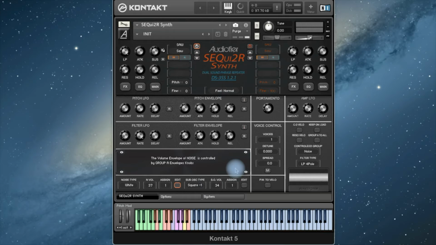But I'm just going to repeat that if you wanted to edit all of them at once, then you just press this one. And all the parameters that you touch from now on will be transferred to all the other oscillators. And that means that if you already changed something in group B, for example, and it is different, as you can see, from group A, once this is clicked, not all the parameters will